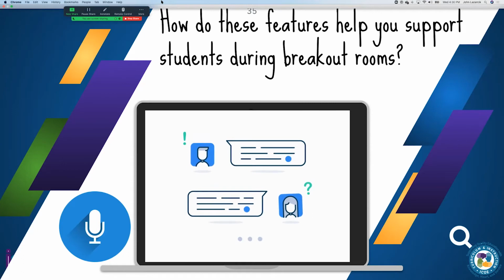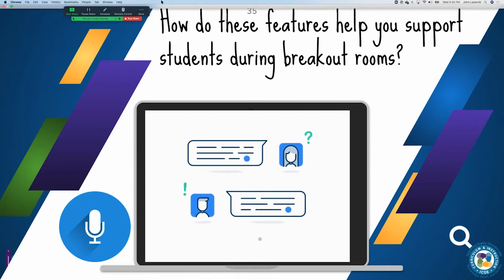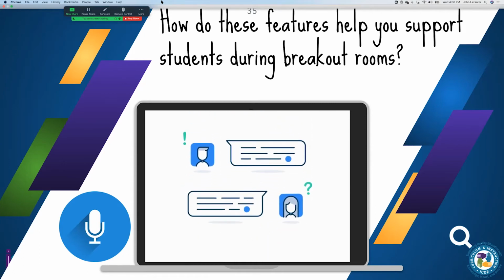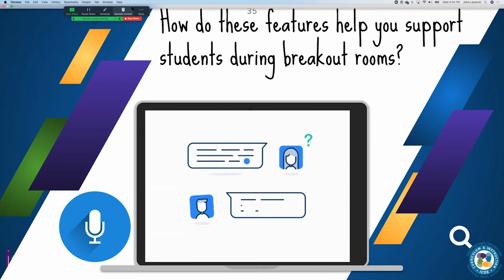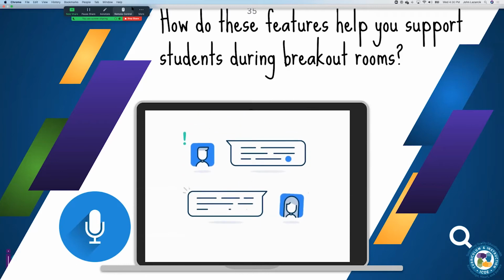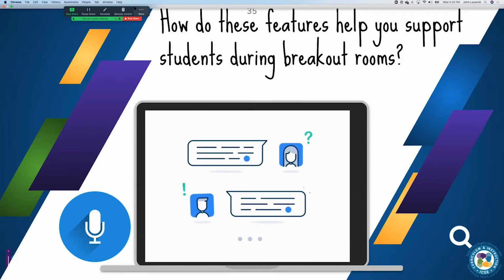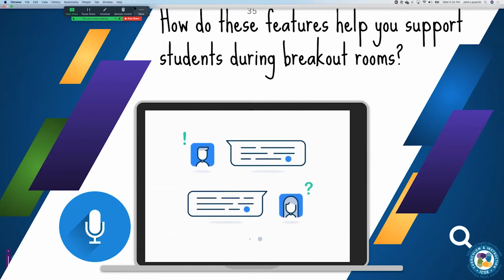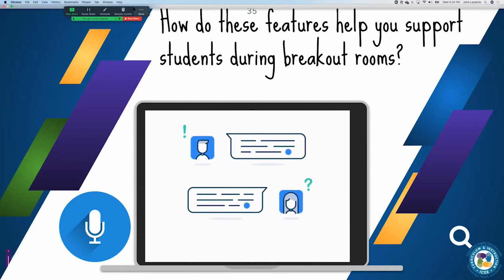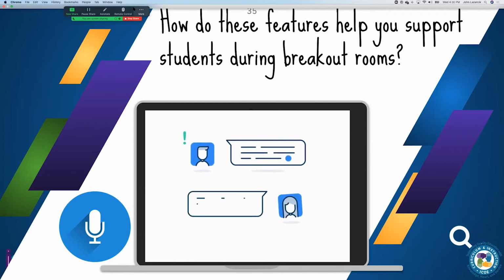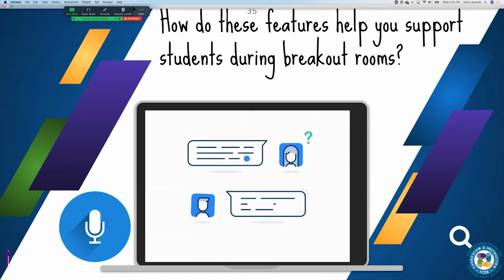Someone is saying they're able to provide assistance right away. Most definitely. It's really easy to get into a breakout room. And we have someone else saying that the breakout rooms are fun, give them a voice, and they can make friends and collaborate.